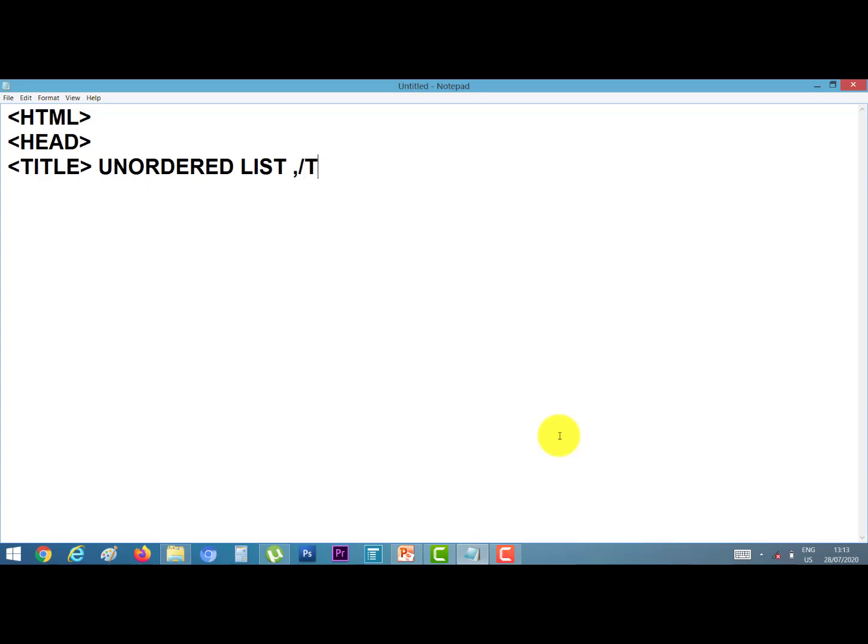Close the title tag with slash. Close the head tag. Now use the body tag.